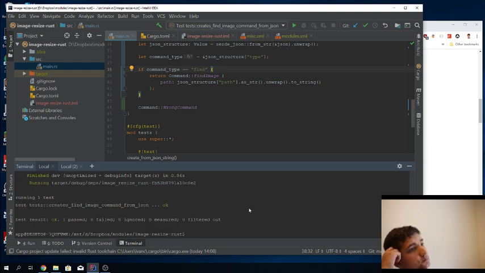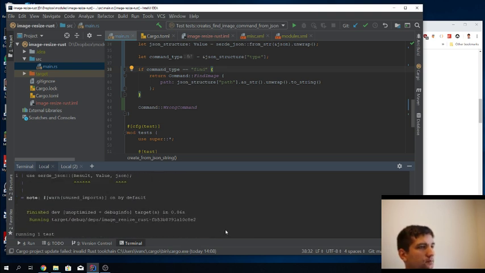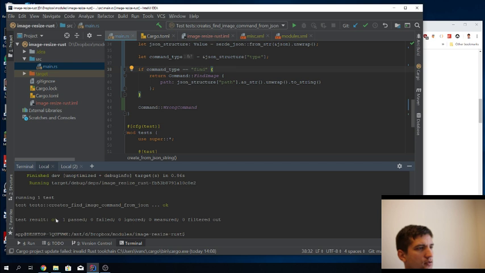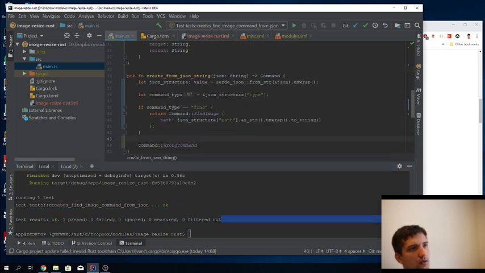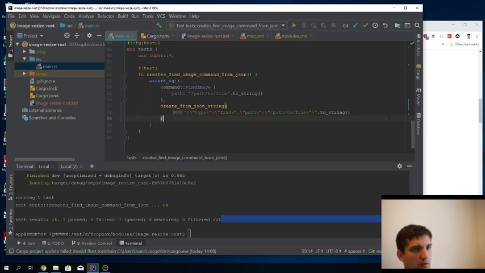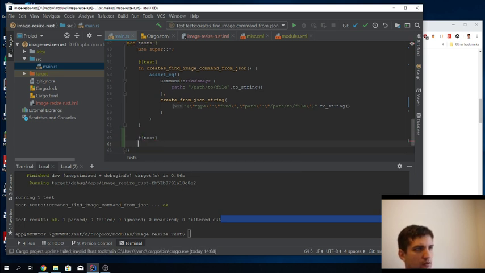Let's see. Okay, it still compiles, it still works well. It creates this command. Let's see what's next. Next, I'm actually gonna create another test. So in Rust, you have this test method notation. Functions are fn. Let's create